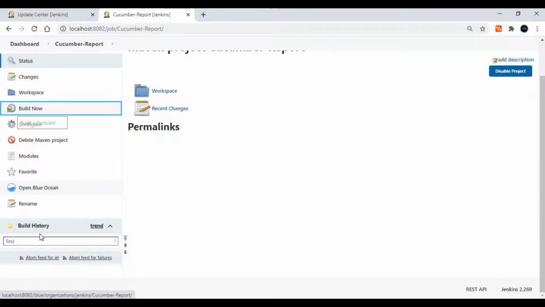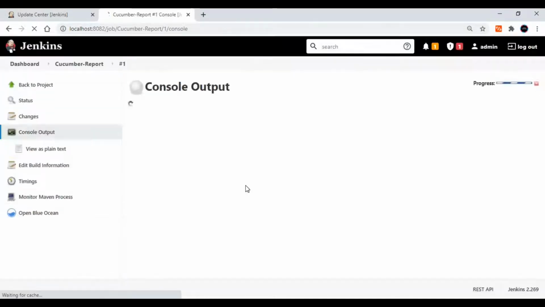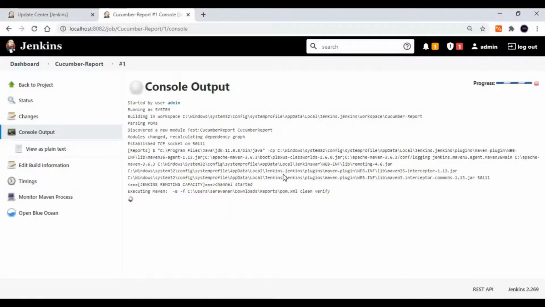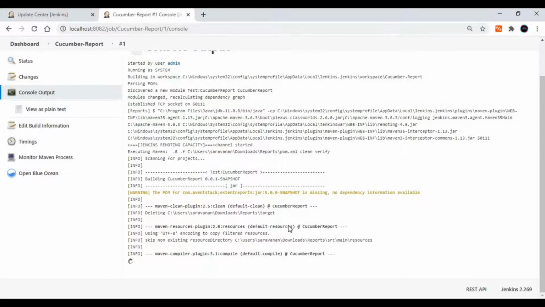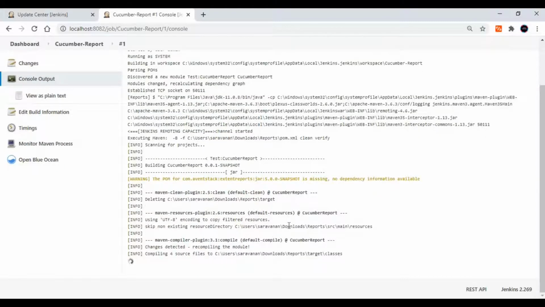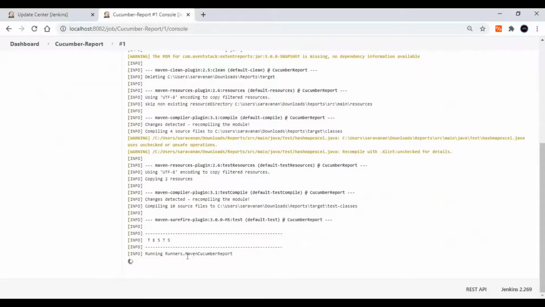As soon as I build, I can see the build is started, right? It will come here, so you can directly go to the console to watch the things. The dependencies are getting downloaded. Now the test started, right?